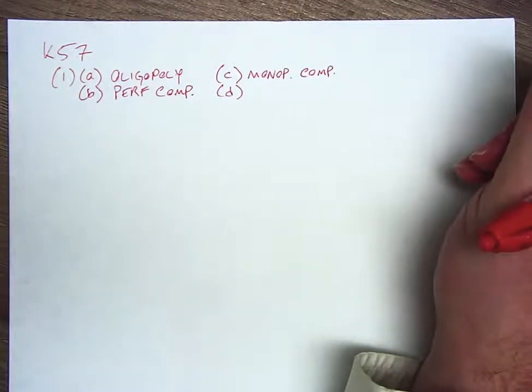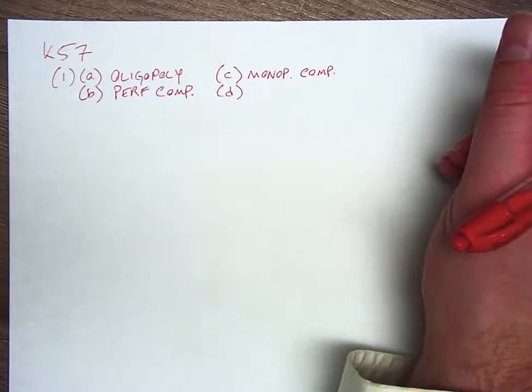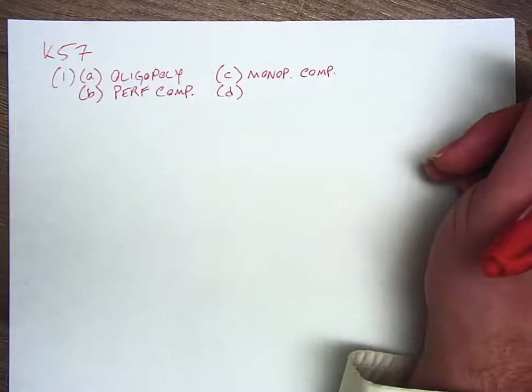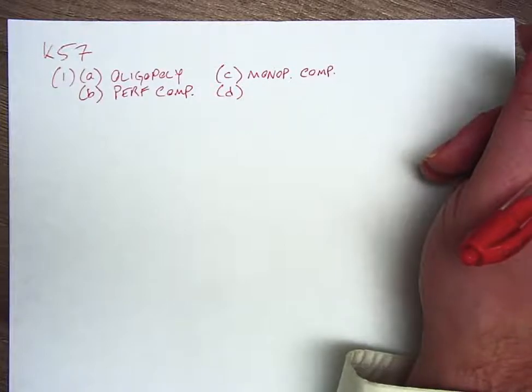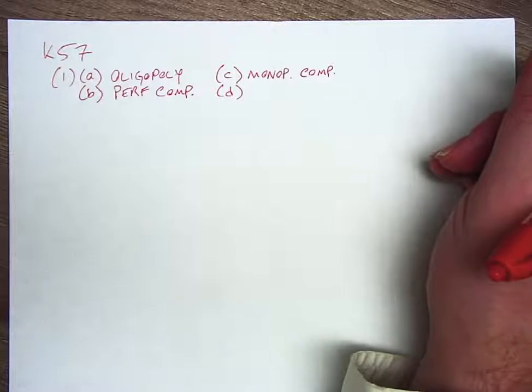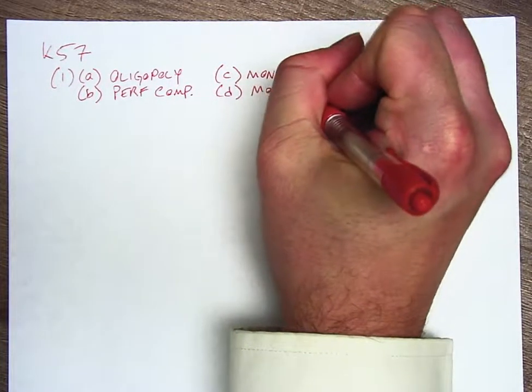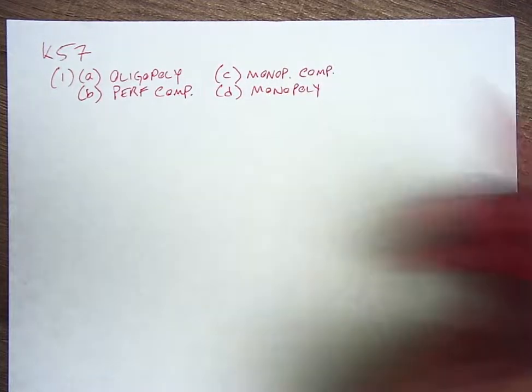D, a small town in the middle of Alaska has one bicycle shop. So that would be one firm. For them, there really isn't any other products, so we'd say there's no product differentiation because it's a unique product. If you want a bike in that town, you have to go to this shop. So we'd say it's a monopoly. Okay, now we're going to take a look at the multiple choice questions here.